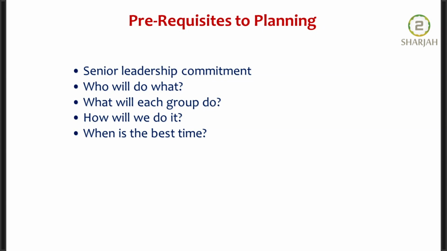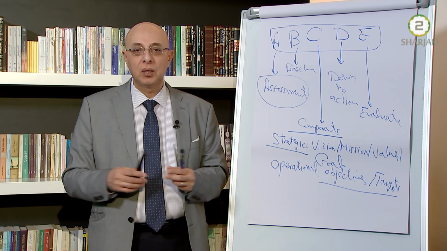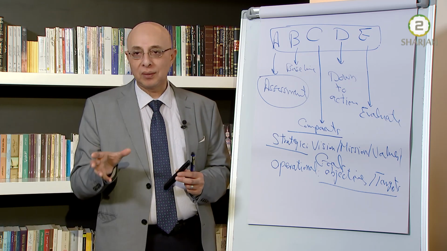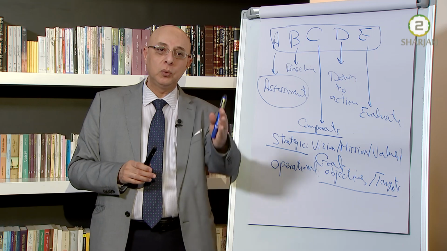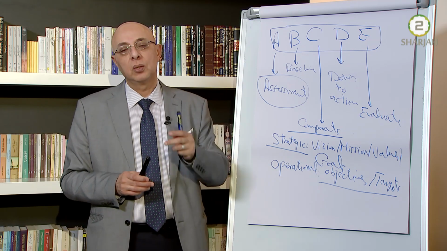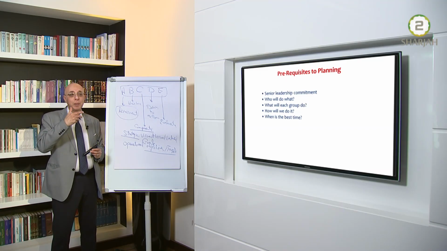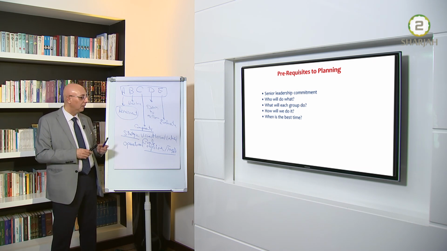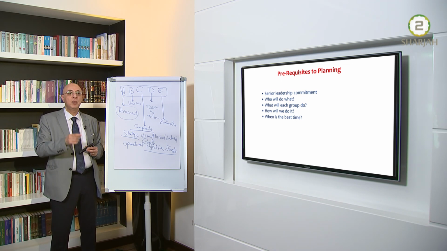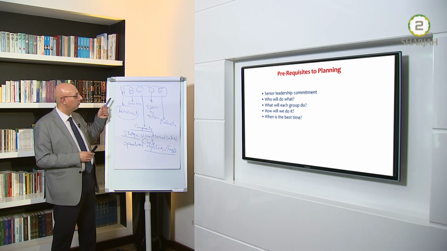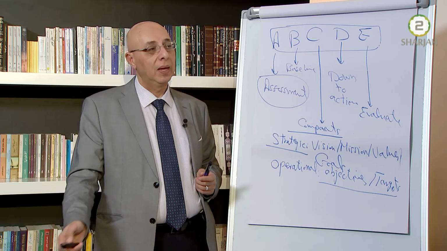So in partnership, we have to sit with our partners and agree on the strategic level. Leadership commitment is a must. Who will do what? We have to agree. This partner will do so and so. To remind you, RACI matrix: responsibility, authority, consultation, and implementation. What will each partner and the group do? How are we going to do it: the techniques, the solutions, the technologies, and what is the best time when we are trying to achieve all of these? These are prerequisite questions to answer before starting the partnership and before starting